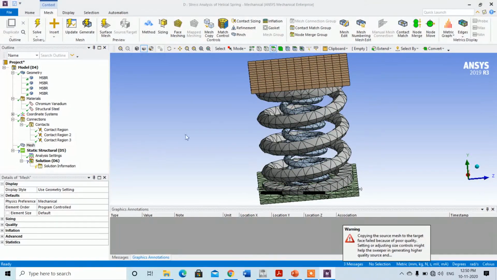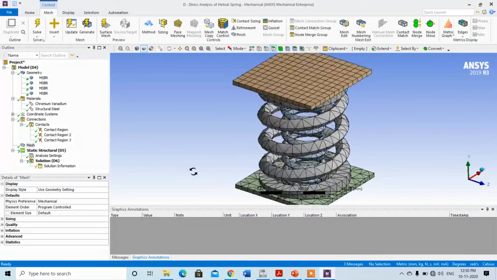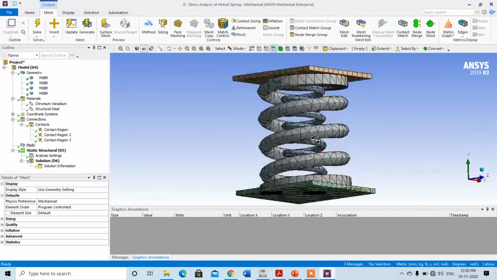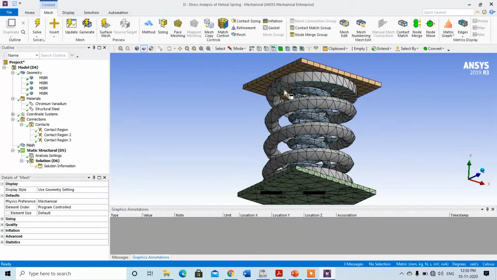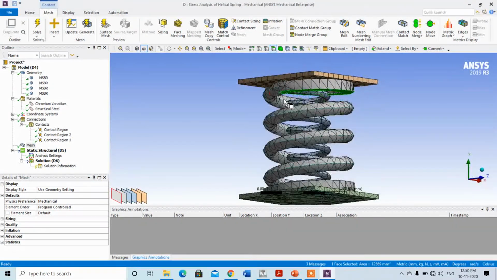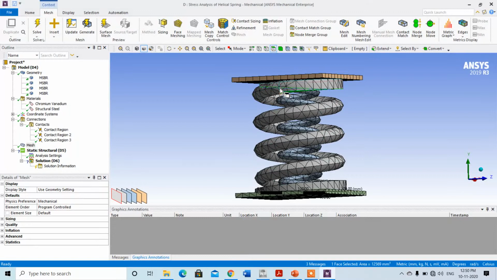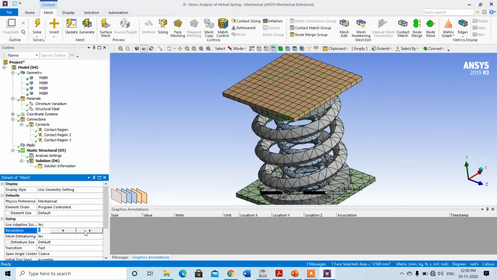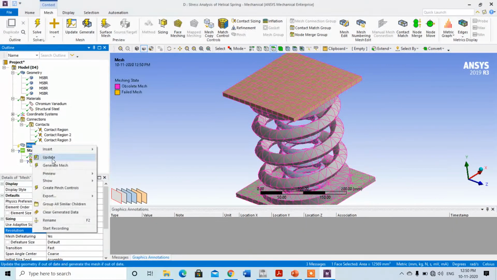Here it is selected as hexahedral for the plate, and for the helical spring it is tetrahedral, because the model has been provided with a square and grounded spring. So it is jointed here with the help of the sweep command in Creo. So I want to refine the mesh again. I want to increase the resolution: 1, 2, 3, 4. Okay, again go to the mesh, right click, generate mesh.